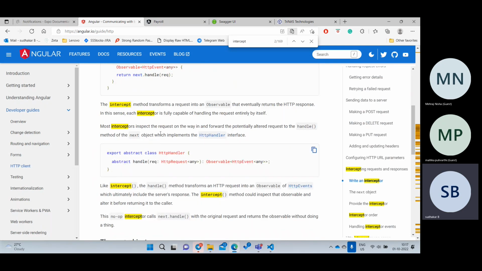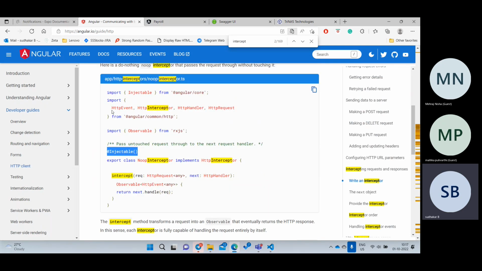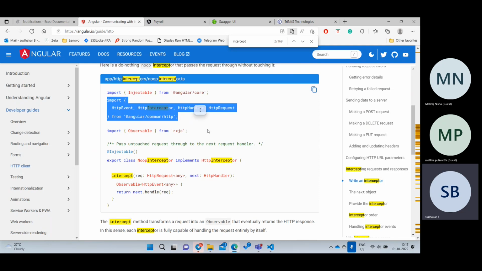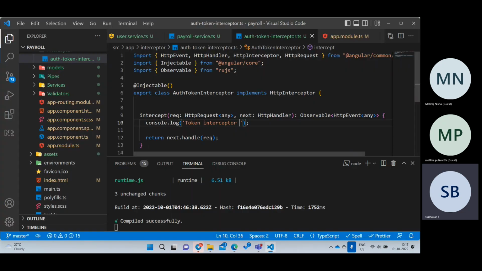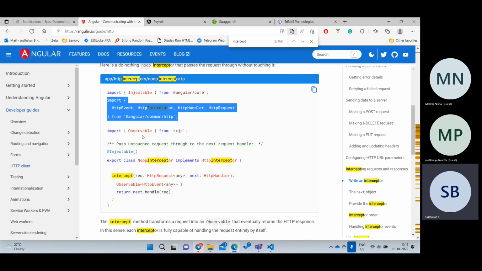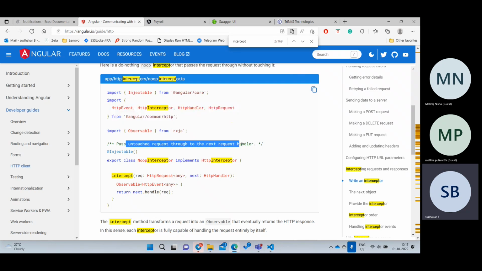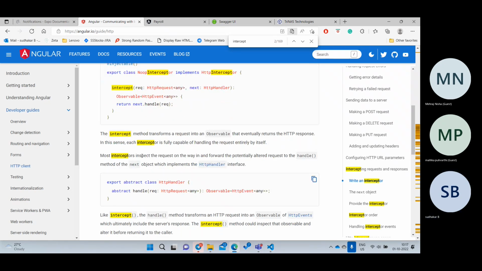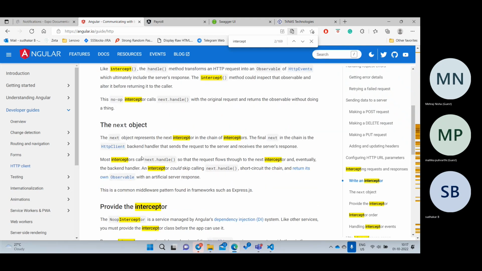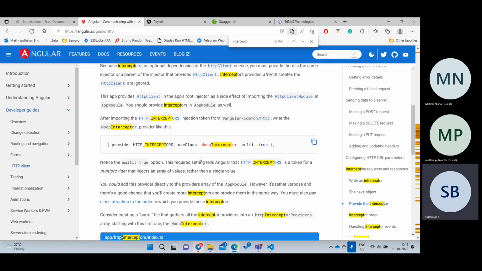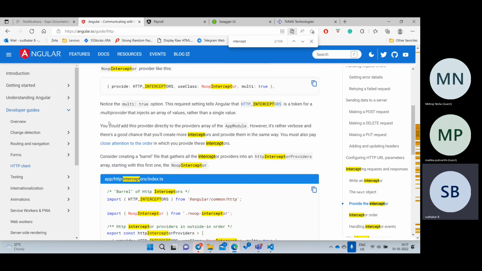Now we have done this one. We have imported this module. Let's check the import: import HttpRequest, all these things. Injectable is done. This one is okay. And the second thing, pass through and touch the next handler, that is okay. And we need to add this code. There is a special line of code we have to add like this. So just copy this code